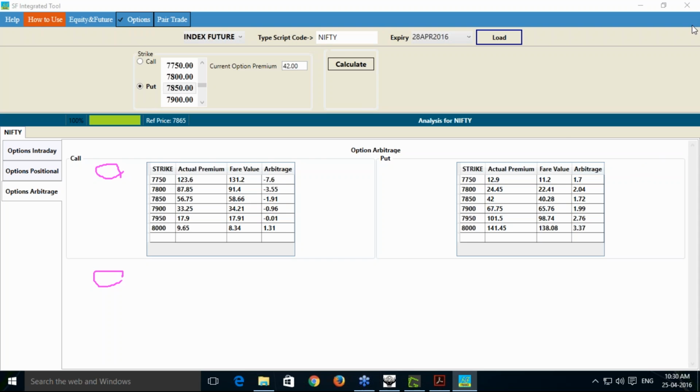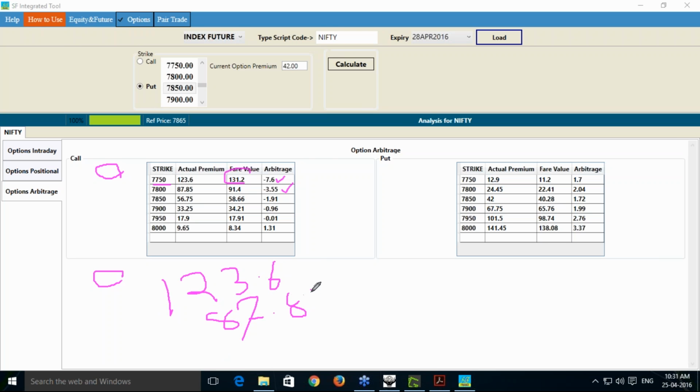7,750 to 8,000. These are all the strikes I am seeing here. In these particular strikes, the 7,750 strike is having 7 rupees of arbitrage value, 7.6 rupees of lesser value. 7,800 is having 3 rupees 50 paisa of lesser value. So if I can buy this one at 123.6, and I will be selling one 7,800 call option at